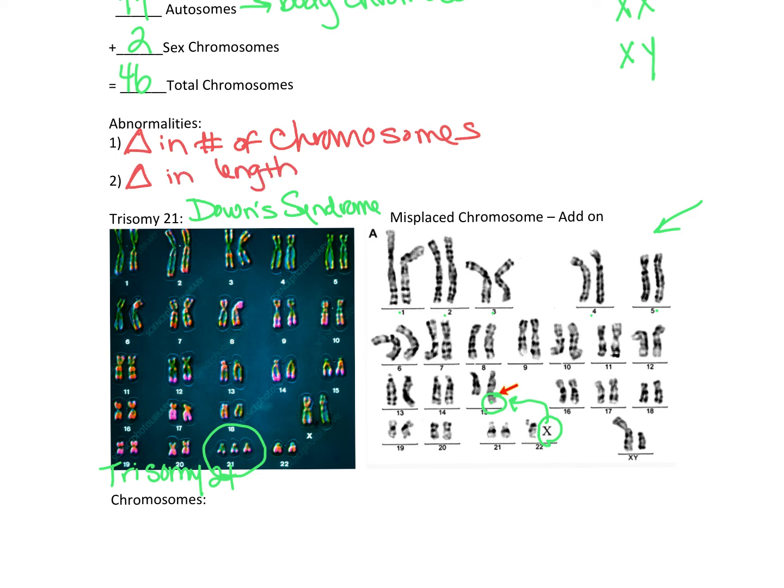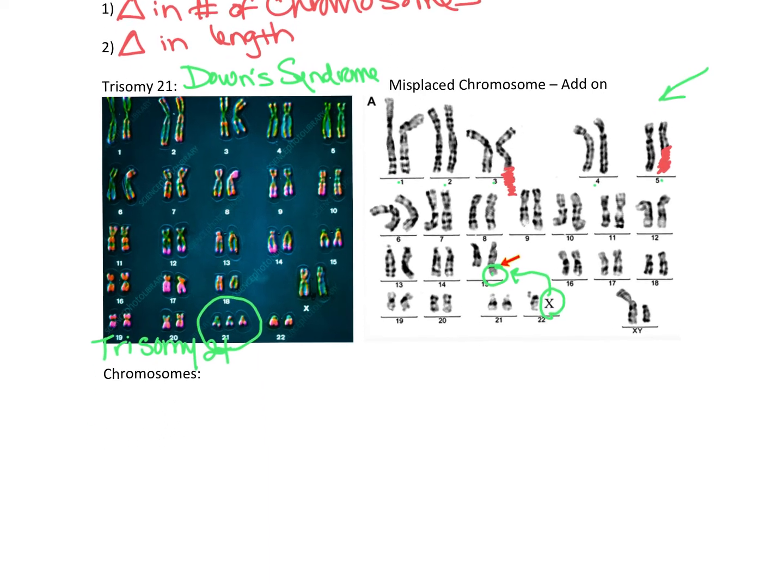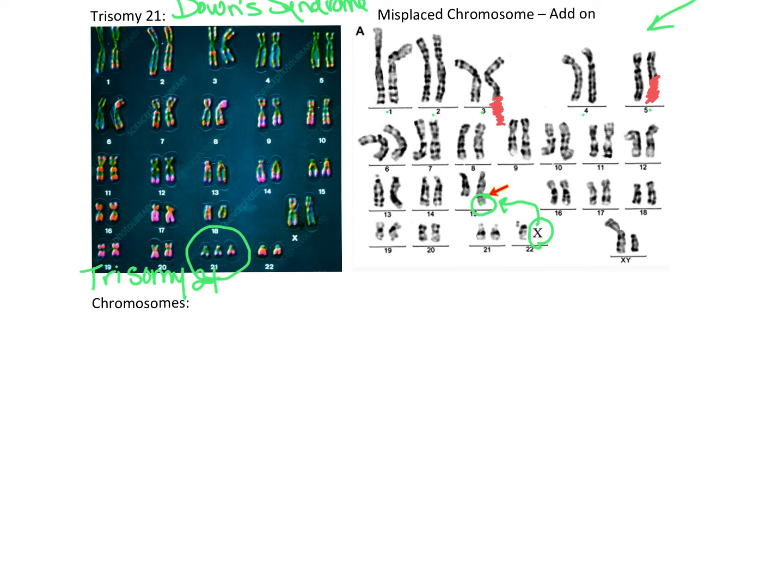Sometimes you'll see what we call a deletion, where let's say even over here at spot 5, half of this leg is just missing. It's gone. Sometimes you'll see it where on, let's say, spot 3, we get an extension where it gets a repeat and it misfires and doesn't copy correctly and just keeps repeating a certain letter or a certain sequence, and that too would result in a genetic disorder. So when we talk about chromosomes,